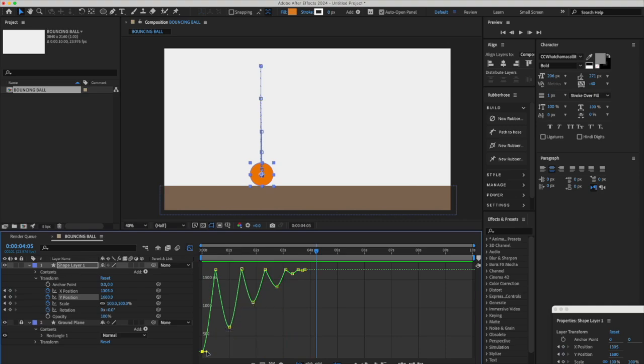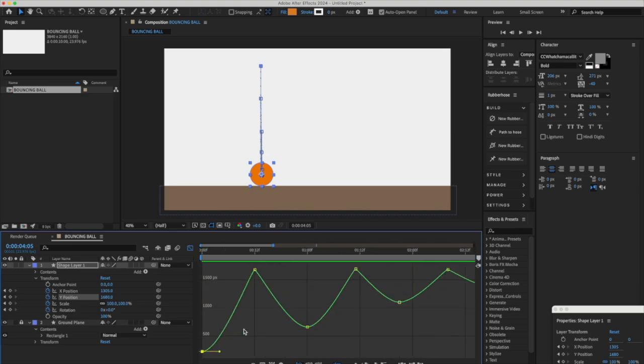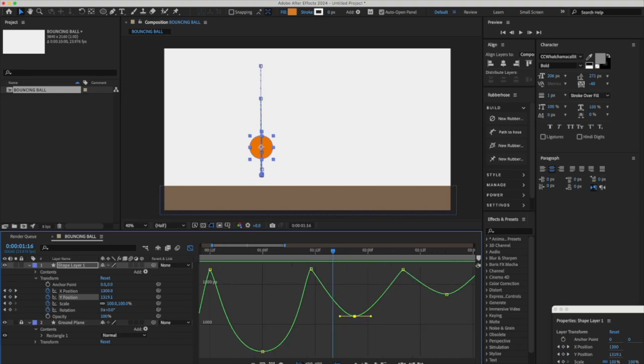So here's what's going to happen. I'm going to grab these Bezier handles for each one of the moments where it's in the air, and I'm going to lengthen the handle, but try to keep it flat. And when I lengthen the handles here, I want to keep the curve reasonably flat, like a classic parabola, for those of you who've been in math class. And as long as I do that every time,